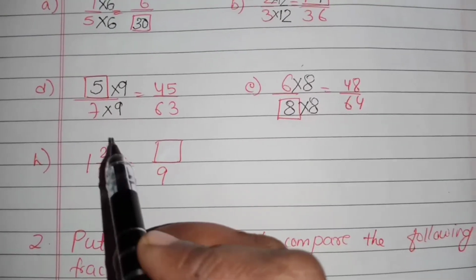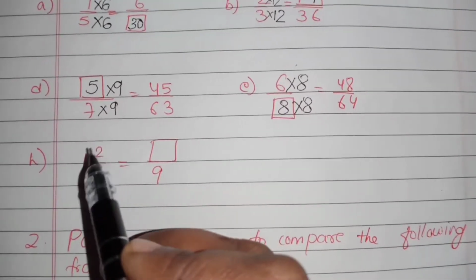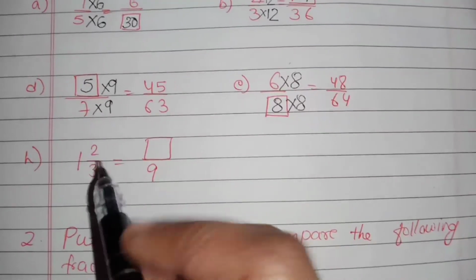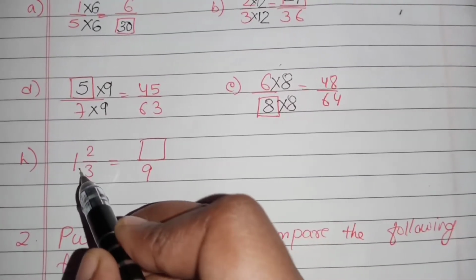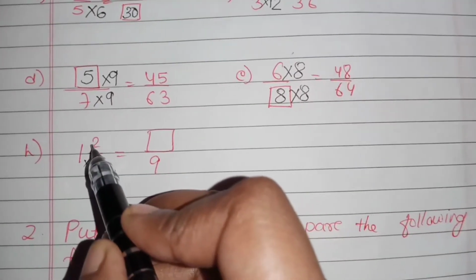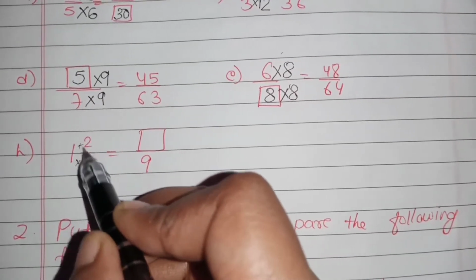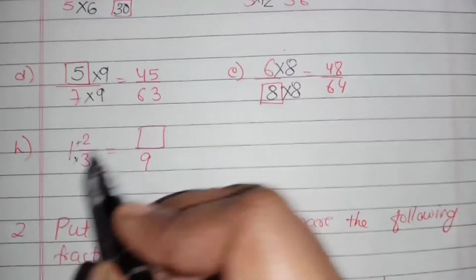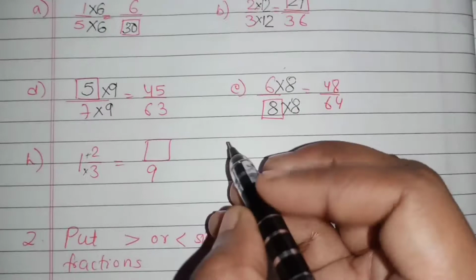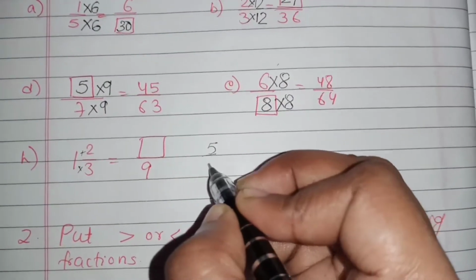Here you can see this one is mixed fraction. So first let us convert this into improper fraction. So how to do? This and this will get multiplied, and whatever we will get, then it will get added up with this numerator, that is 2. So 3 1s are 3, plus 2 is how much? Is 5. 5 by 3.